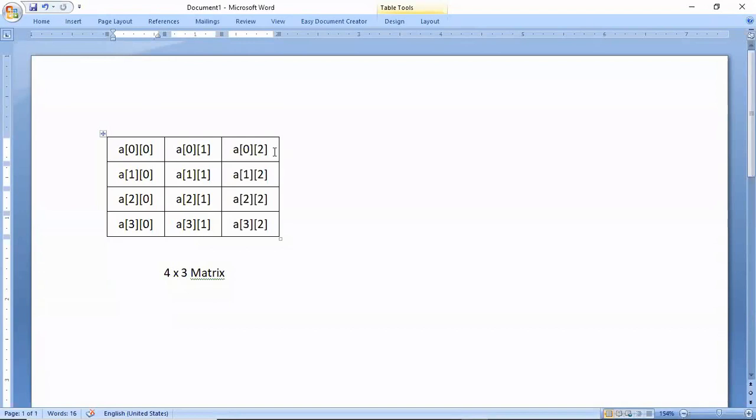Then after 3 entries, the row changes from 0 to 1, and then again the column changes 3 times. Then the row index changes, then the column index changes 3 times, the row index changes, then the column index changes 3 times. This way we can do the coding of this matrix in C.